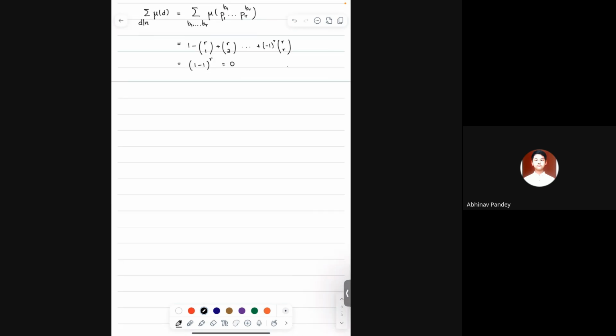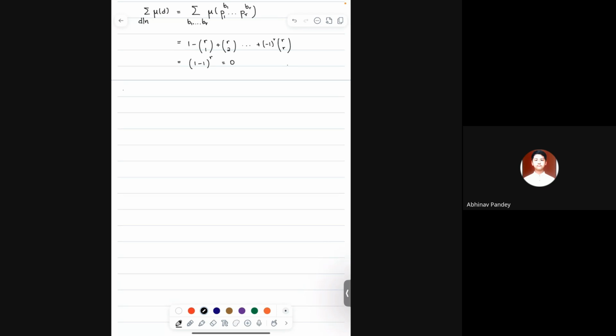So now I'm going to tell you about two facts about Mobius functions, because I cannot prove everything since I want to get to something else. But let me tell you two more important properties or theorems about Mobius functions before I go more to the analytic number theory side. The first theorem that I want to point out is called the Mobius inversion formula.